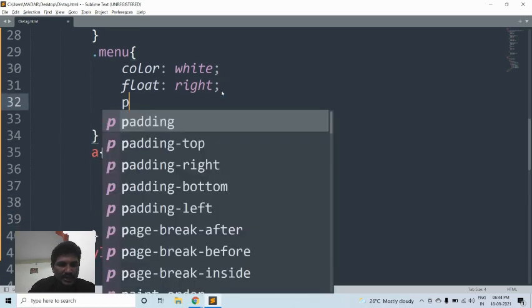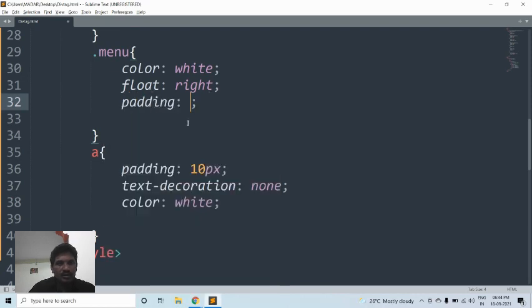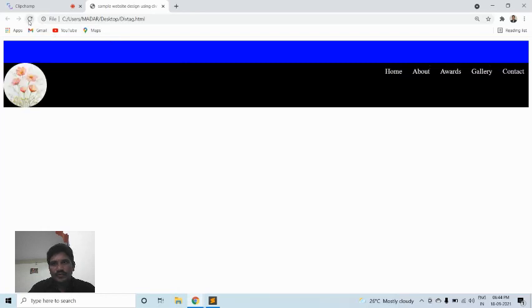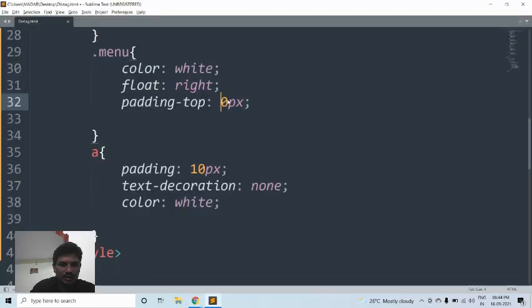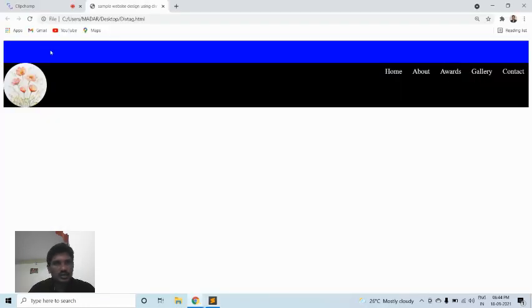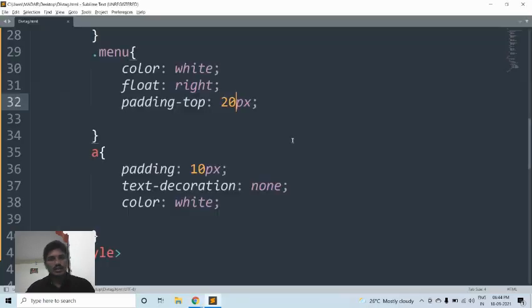I would like to use padding top 10 pixel. Then 20. It is in proper position. That's why I'm using the padding over here. Good. Then 25.